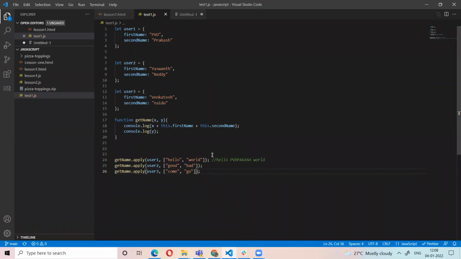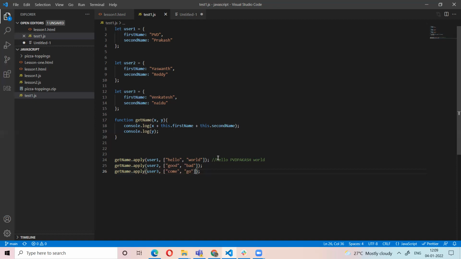Somebody asked, what is the difference between the call and apply methods? Call and apply methods both are the same. These functions call a function on a particular object. But the main difference is in the call method, we pass the parameters to the function as comma separated, but in the apply method, we pass the arguments as an array.